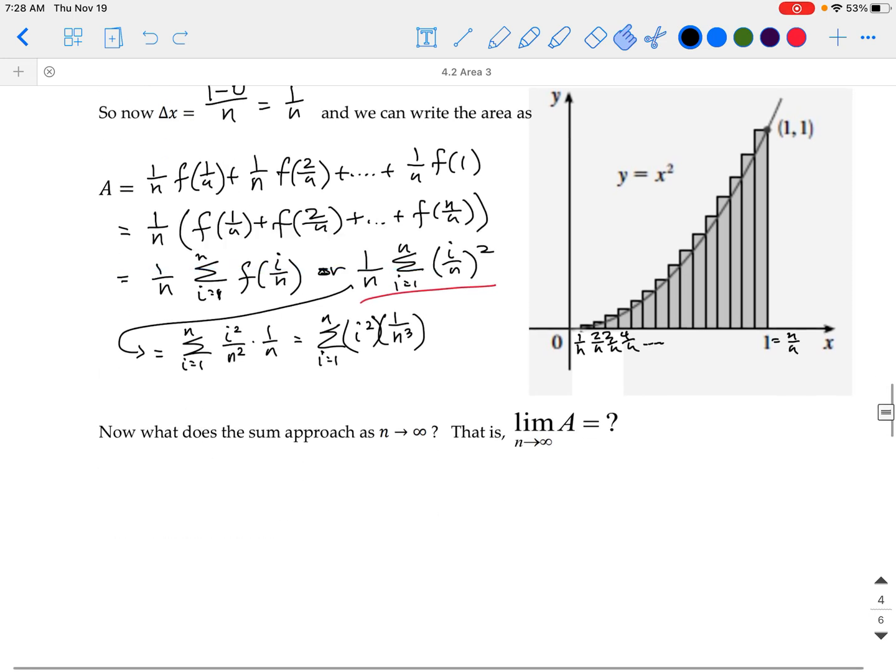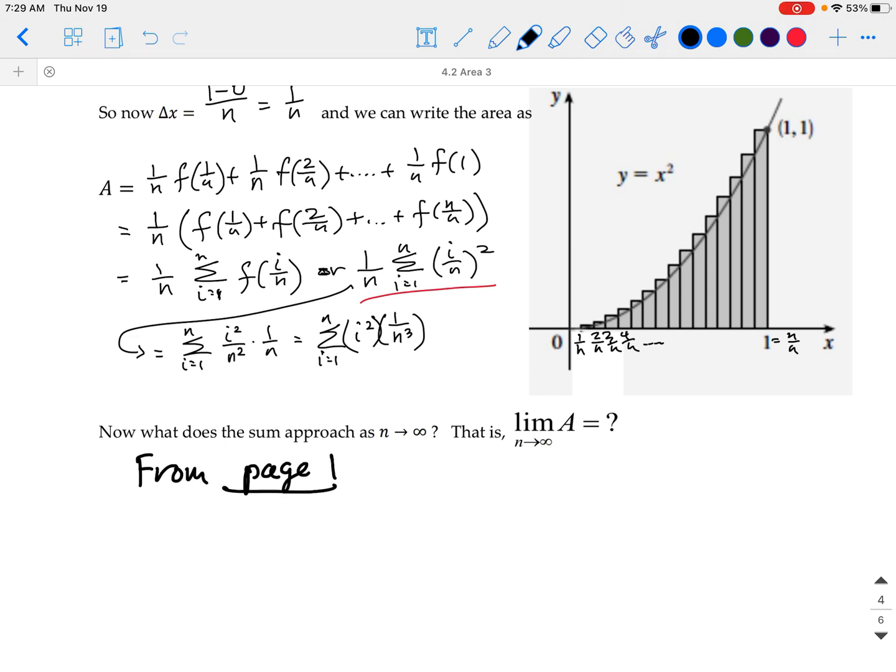Now we know that when we take the limit as n goes to infinity, from page 1, that is equal to A, the limit as n goes to infinity of A is equal to 1/3,